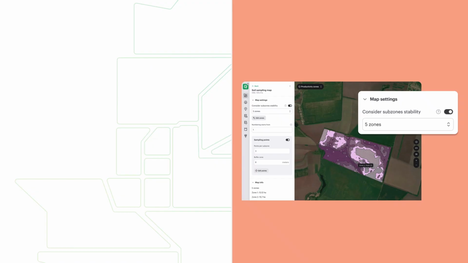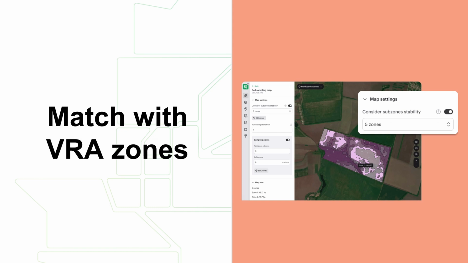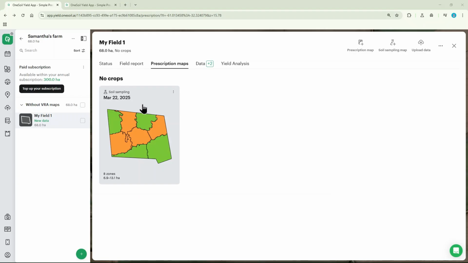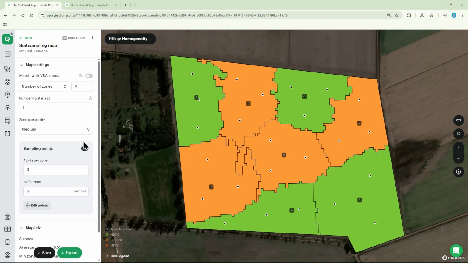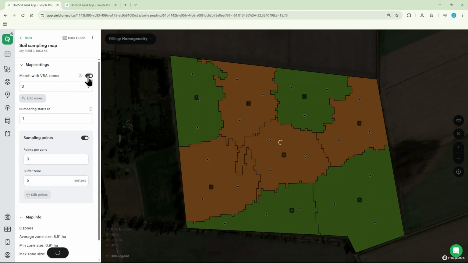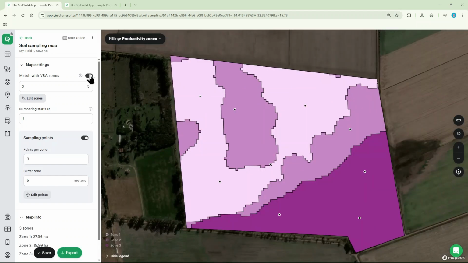In OneSoil, you can create a sampling map based on your variable rate application maps. Unlike the basic sampling map we saw earlier, which also uses the productivity map, this mode I'm about to show lets you make multiple polygon zones with the same settings, even if they're in different parts of the field.